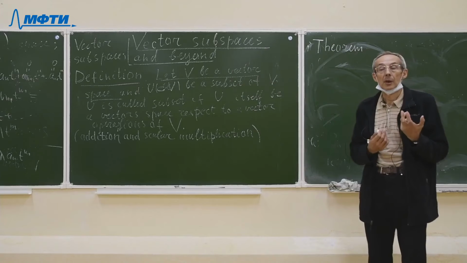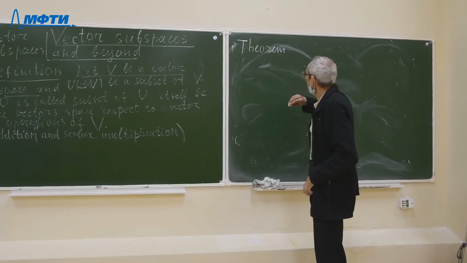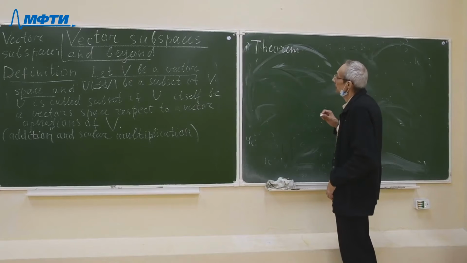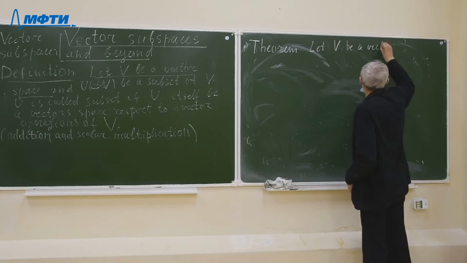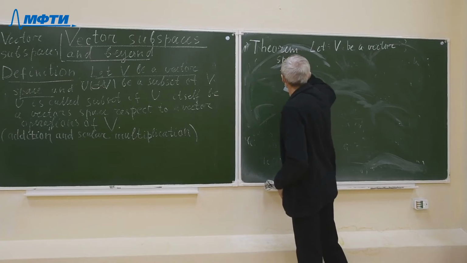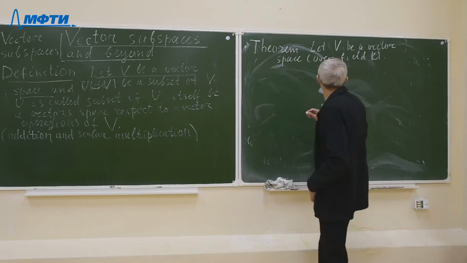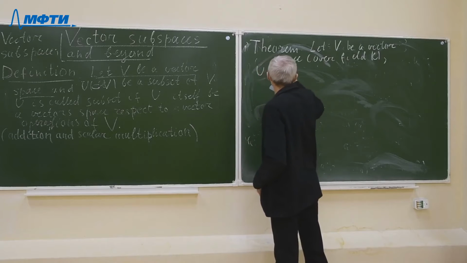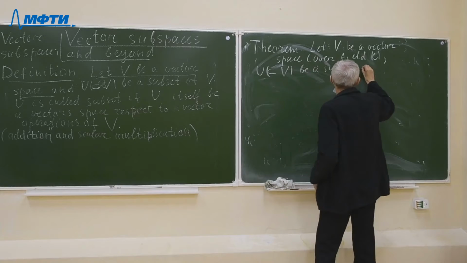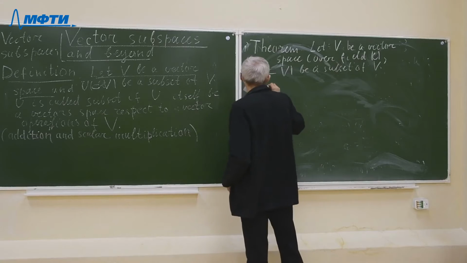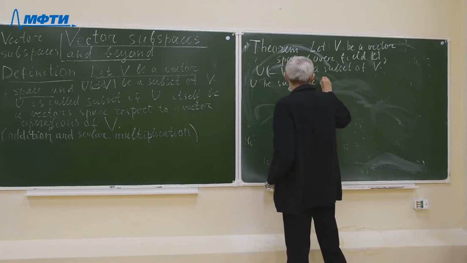But the initial, most basic axiom is the axiom of existence of such operation, and there exists a theorem. Let V be a vector space over our field K, and let U be a subset of V. U is a subspace if and only if